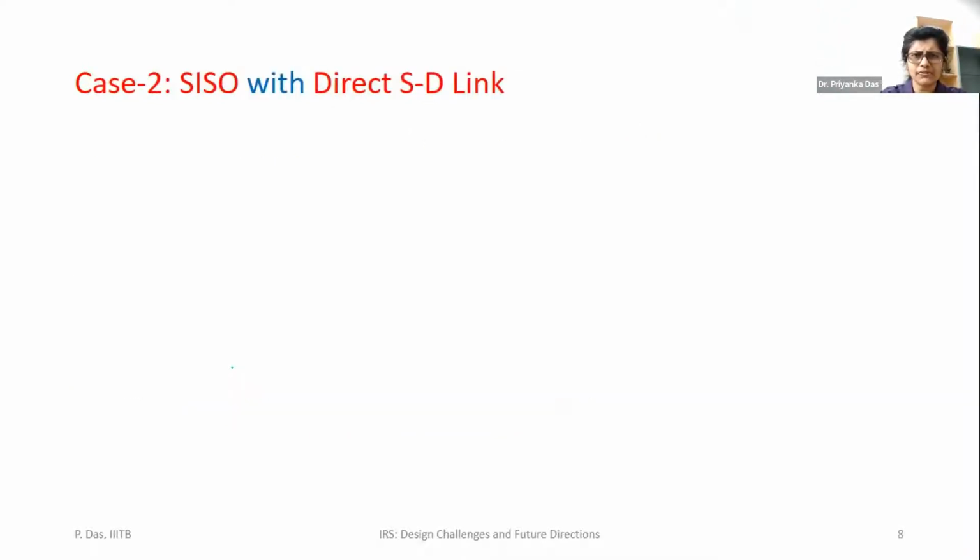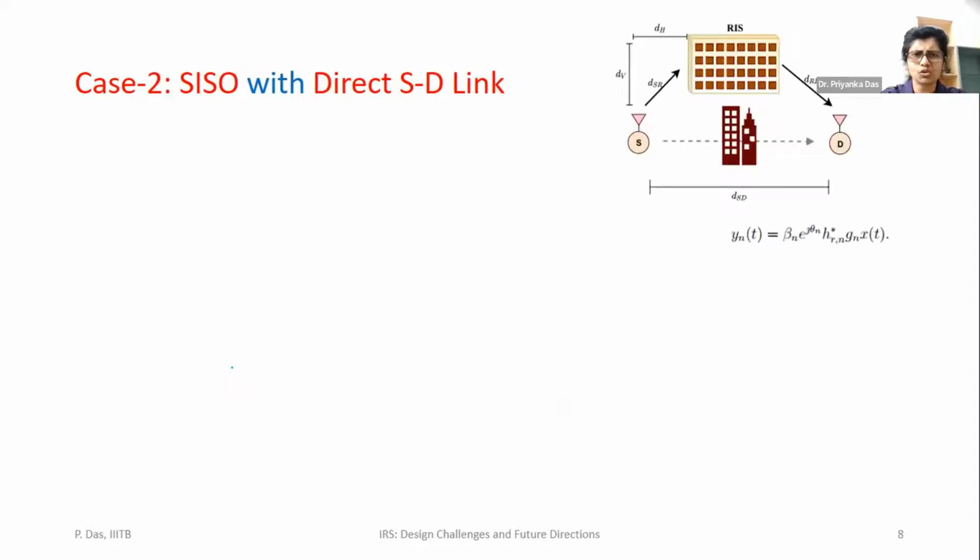Case 2 is if you have a direct source to destination link. For example, if you have a strong SD link, then if I have to move forward, I need to first write the received signal, then find the SNR, and third, work out how to choose your phi i to maximize the SNR at the destination. Way forward, we have to deal with a lot of mathematics and